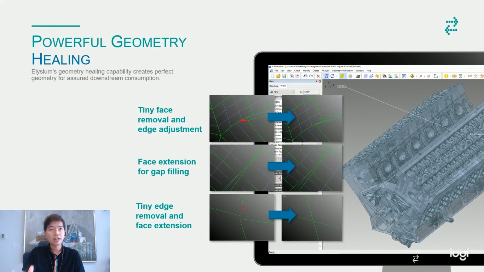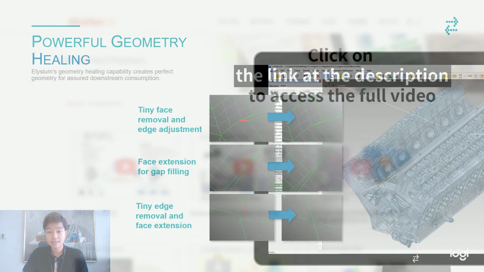And not only check what's wrong, we can automatically heal or fix the problems in the data set. For example, if you find any tiny elements, tiny faces within the model,